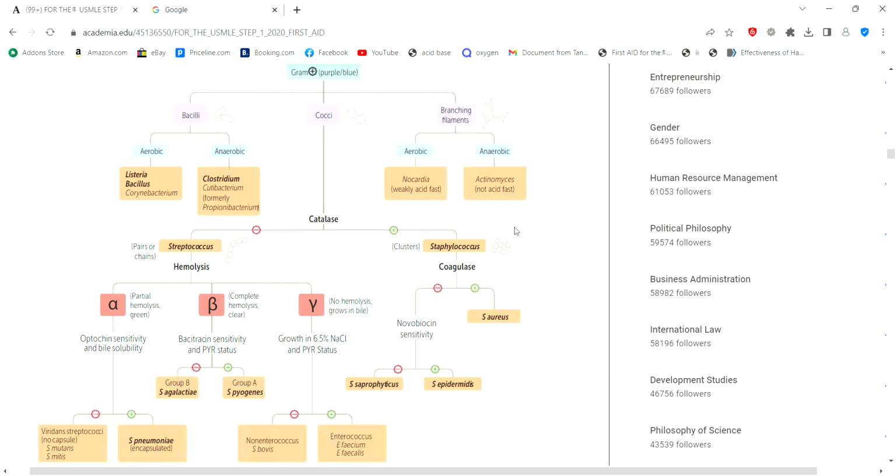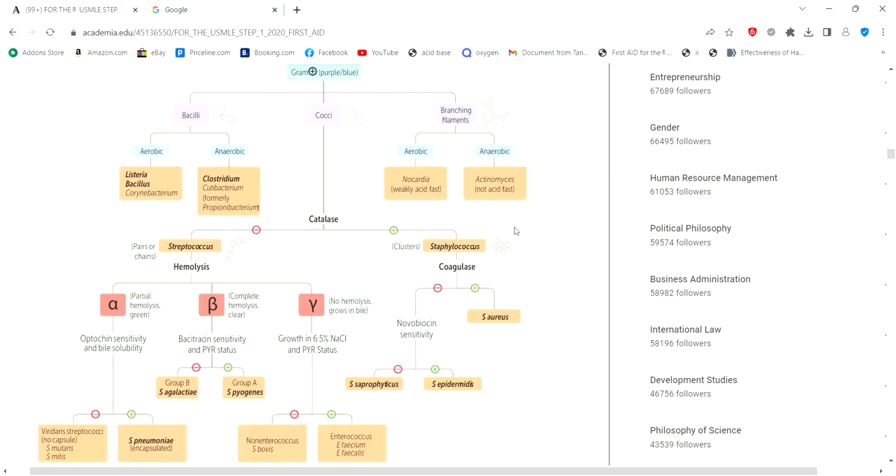So we can go ahead and say that Staphylococcus aureus is both coagulase positive and catalase positive. Now remember that Staphylococcus aureus is catalase positive and coagulase positive. Okay, now we are going on to coagulase negative Staphylococcus. There are two coagulase negative Staphylococcus, and those two would be Staphylococcus saprophyticus and Staphylococcus